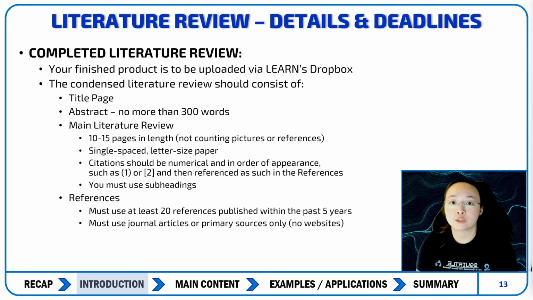So for the literature review, what do you have to include? The completed literature review needs to be uploaded through Learn's Dropbox. The condensed lit review, and I call it condensed because usually lit reviews are like 20 to 50 pages. It should consist of a title page, an abstract of no more than 300 words, the main component of the paper, which needs to be 10 to 15 pages in length without pictures or references,